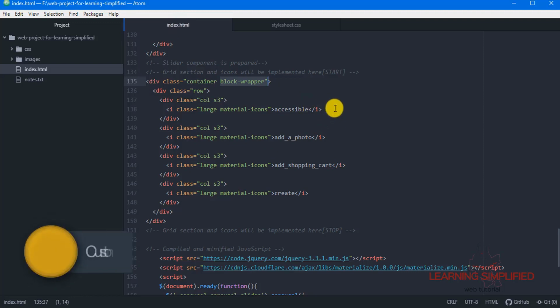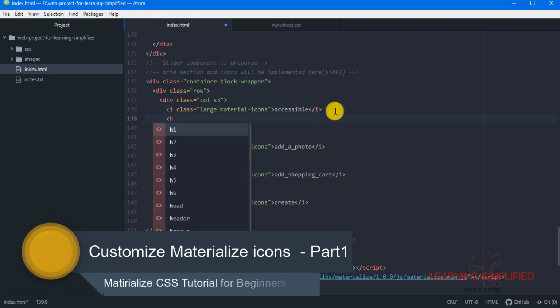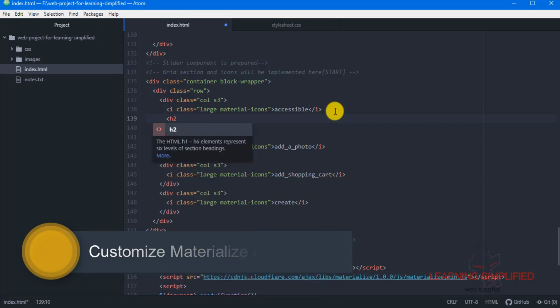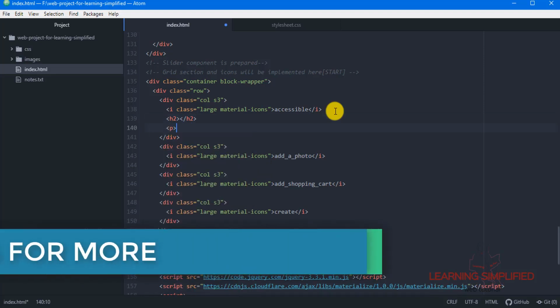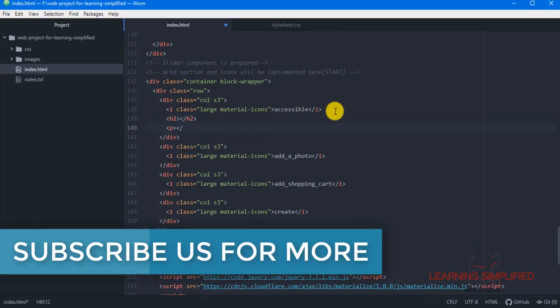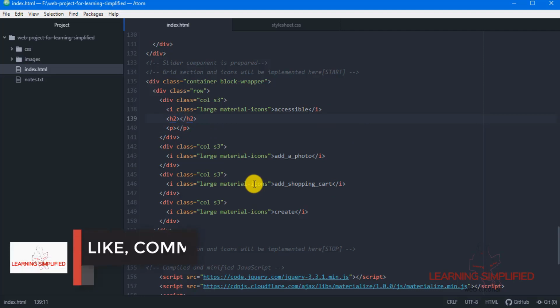Another thing that we wish to add over here. The first one is the header, and the second one is writing something about it. So in the header part, all we are going to do,